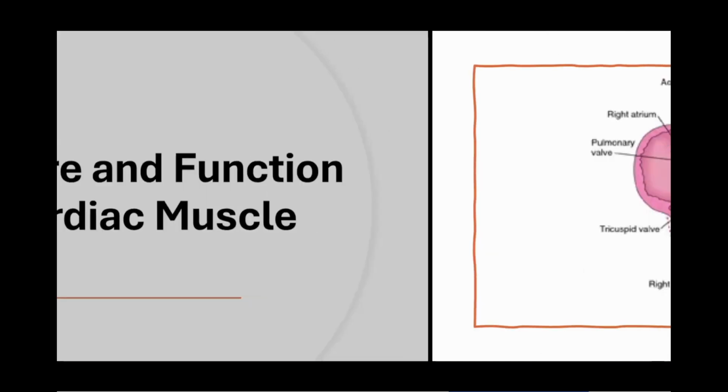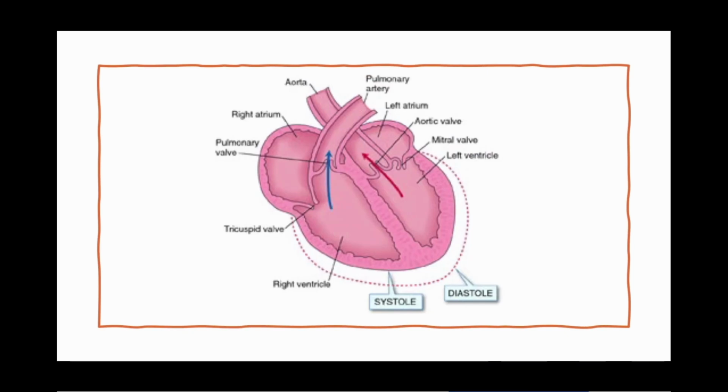Okay, so those are the hemodynamics. Now let's talk about structure and function of our cardiac muscle. So this is the anatomy of the heart. The blue lines say the direction of the flow. Diastole, the heart is bigger because it's filling with blood. Diastole, associate with filling, rest, relaxation. Those are all words associated with diastole or diastolic function. It's the resting of the heart, the filling of the heart, the relaxation of the heart, because the heart has to relax to accommodate all the blood that's going to come into it.